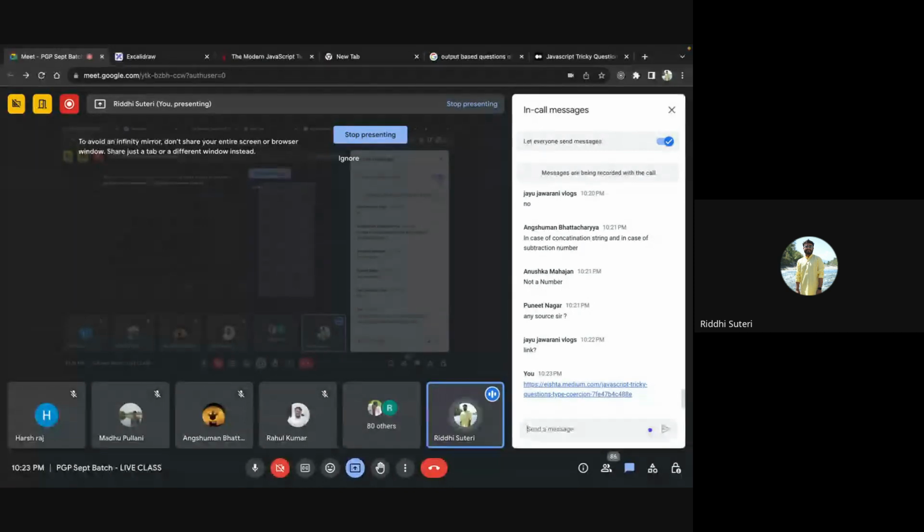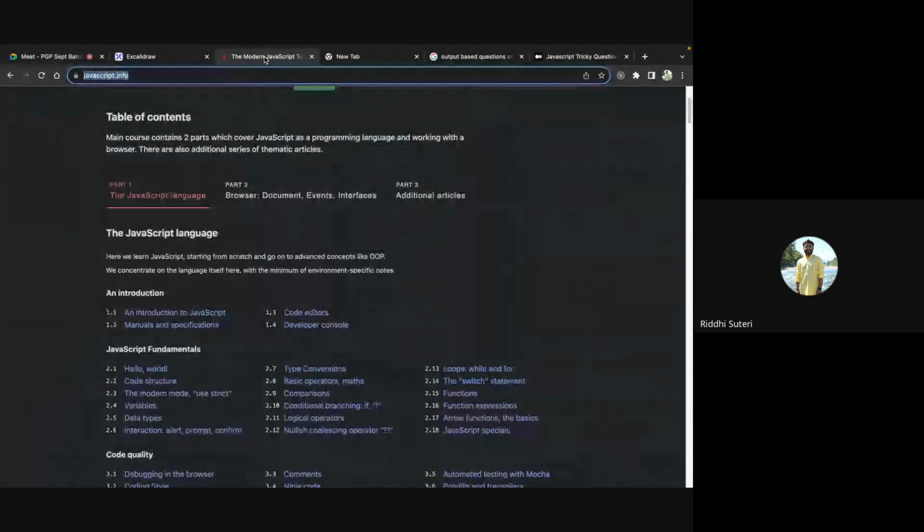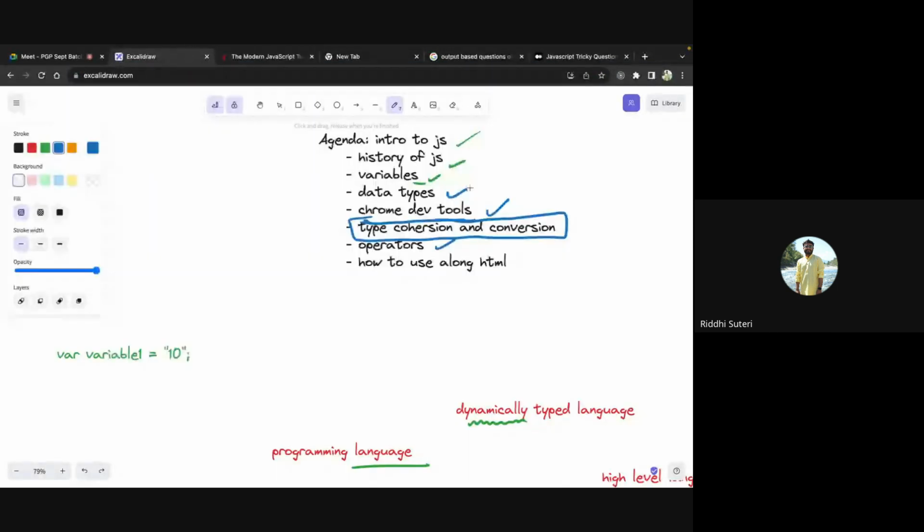So that brings us almost to the end of the class, where we have discussed things like type conversion, coercions, operators and so on. We still have to discuss how we add JavaScript with HTML. I'm not taking this right now because for at least a few more classes we will not use HTML alongside it, because we want to study JavaScript standalone.